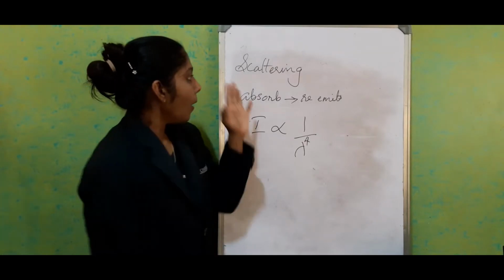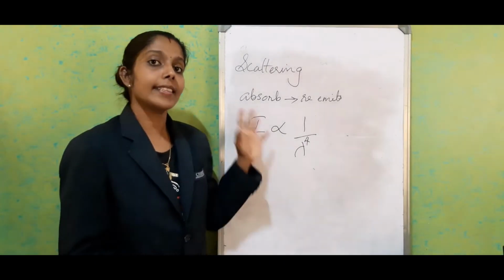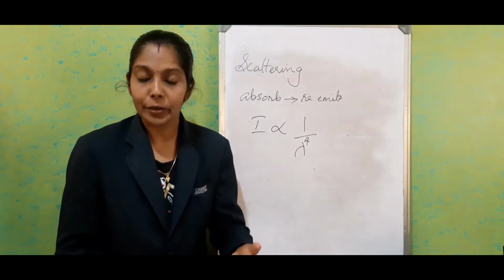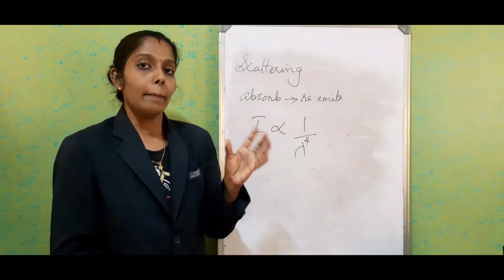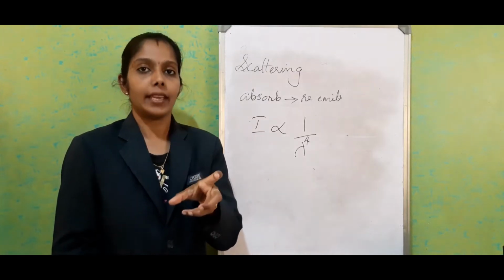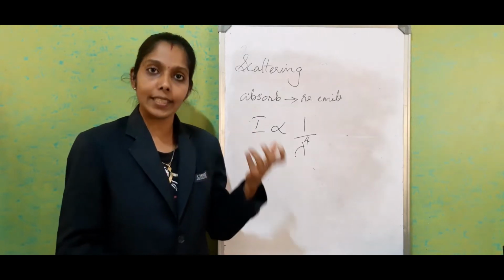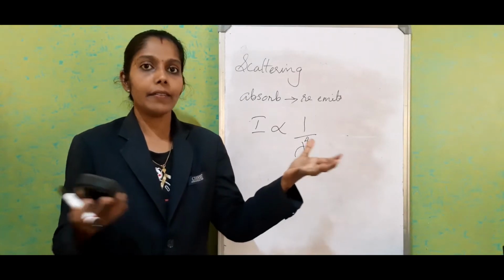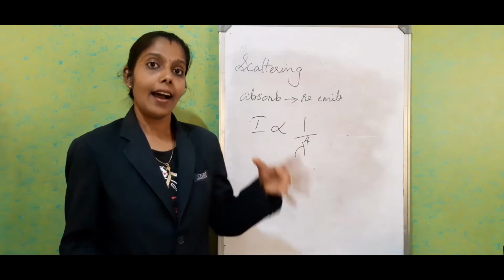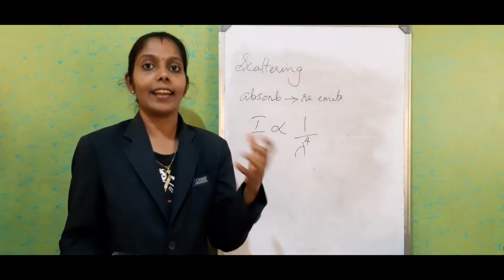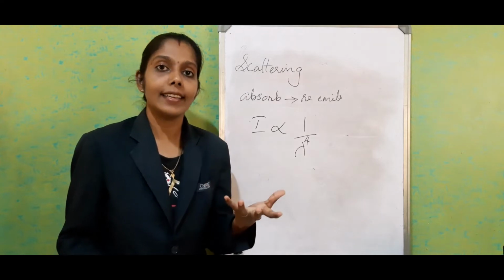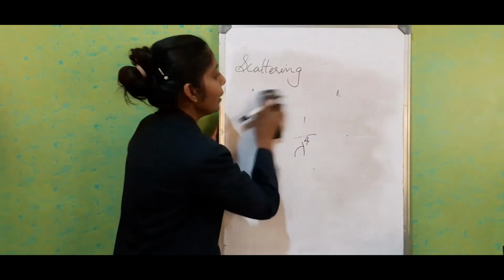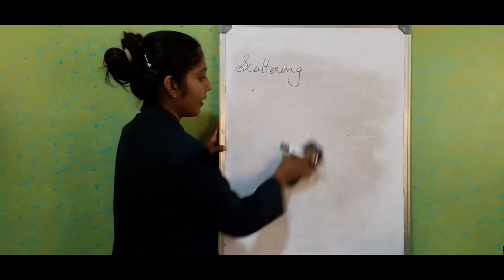Okay. Now, on the basis of this, you understand that scattering is the reason for the blue color of the sky, the white color of the clouds, and the red color of the sun. But there will be some little variation when we come to the explanation. The same process happens in all cases, but we get different colors. We will see why the sun looks reddish during sunrise and sunset. That is the first application of scattering.